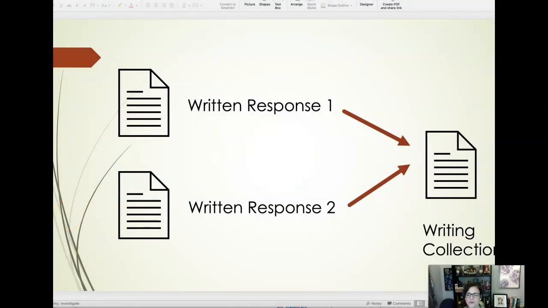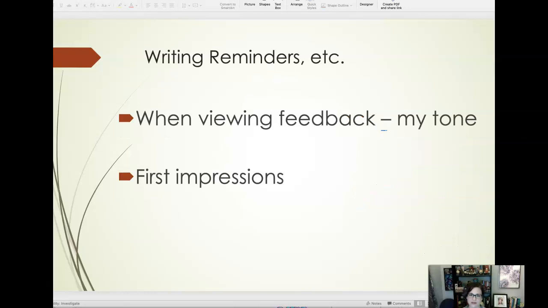But I also wanted to go through a few reminders based on some things I've seen in the written responses. So I want you to understand that when you're viewing my feedback, because everybody will have feedback this week, it's going to happen. Some of you still don't have it. I can't express my frustration enough, and I know it's frustrating for you, so just hang tight with me. Every time I go in to update the feedback, it will let me do 1 or 2 things and then it just stops. So Turnitin. I've had issues with Turnitin this semester and the previous one. I've had to submit tickets. We're working on it. Just hang in there, okay?